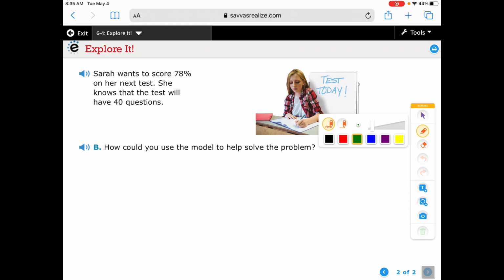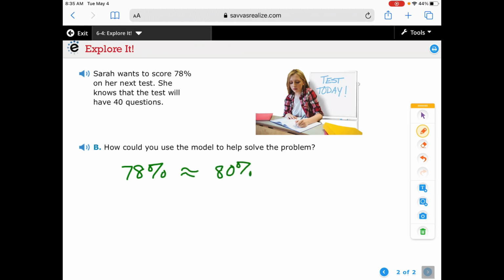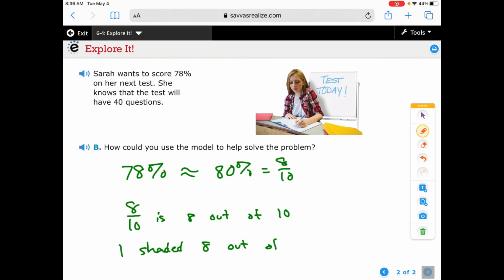So what we can do now is that we know that 78% is roughly a good approximation, close to 80%, which means it could be 8 out of 10 based off of what we've seen before. So 8 over 10 is 8 out of 10, and we know that there's more than 10 questions on there. So we shaded 8 out of 10 for each row. That's what we did, because we ended up getting 32,